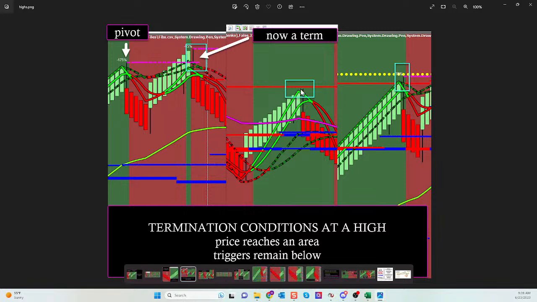Price reaches resistance. All of your trigger lines remain below. Guys, this is a termination condition. No more long trades. That's all it means. It doesn't mean go short. It just means sit on your hands for a second. These areas will either break or they'll hold, but when price reaches it and the triggers are below, we don't know which it'll be. Rule number 2 says sit on your hands. You don't have a clear path. Price reaches 1-to-1s, all of the trigger lines remain below, directly into a termination condition.